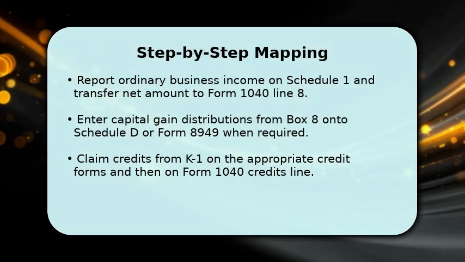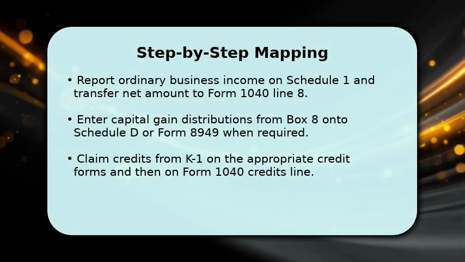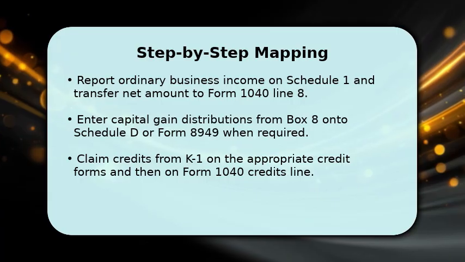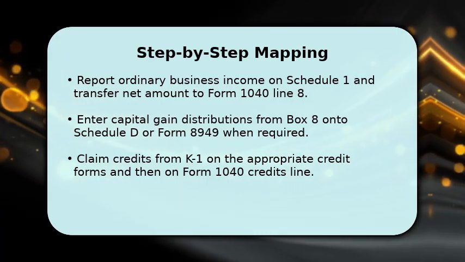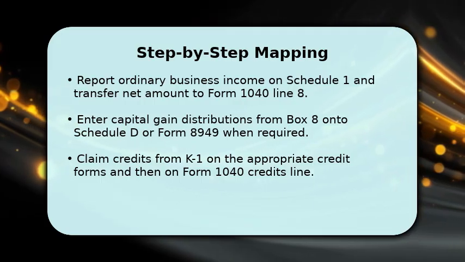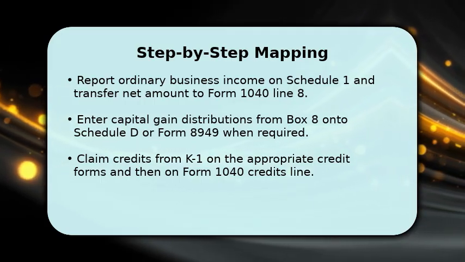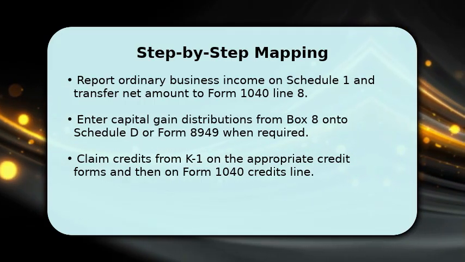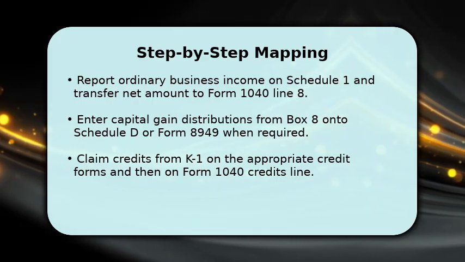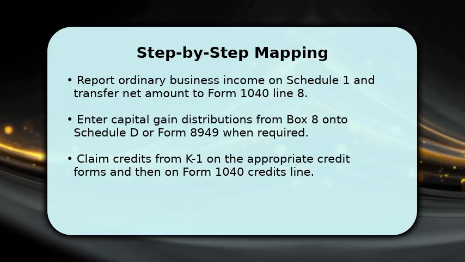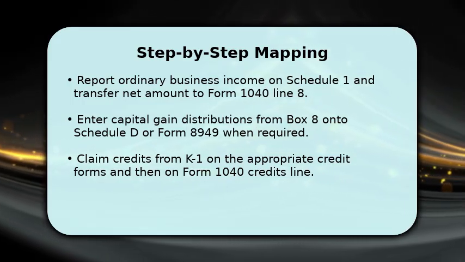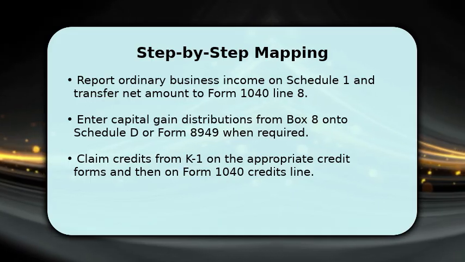Start by separating ordinary business income, interest, dividends, and capital gains from your K-1. Use Schedule 1, Schedule D, and the appropriate credit forms to allocate each item, and then transfer totals to Form 1040 lines. Keep records of adjustments and any shareholder or partner basis changes. If you have rental or passive items, apply passive loss rules before entering amounts on your return for an accurate